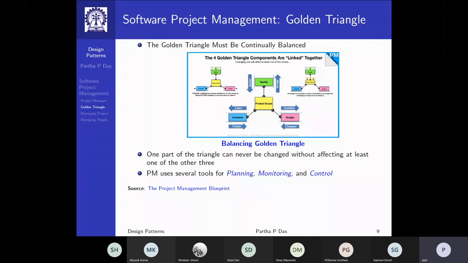So the schedule will have to be delayed, the budget will have to be increased, and so on. That is what the role of the project manager is.